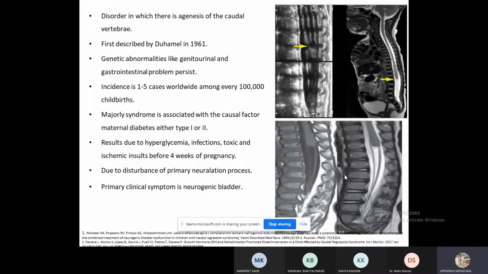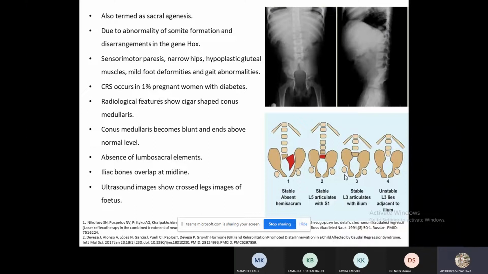Due to disturbance of the primary neurulation process, the primary clinical symptom is neurogenic bladder. Also termed as sacral agenesis, due to abnormality of somite formation and disarrangements in the gene hox. This gene hox is responsible for neurulation and the development of the spinal cord from the 3rd week up to the 11th week of gestation, and somite formations are